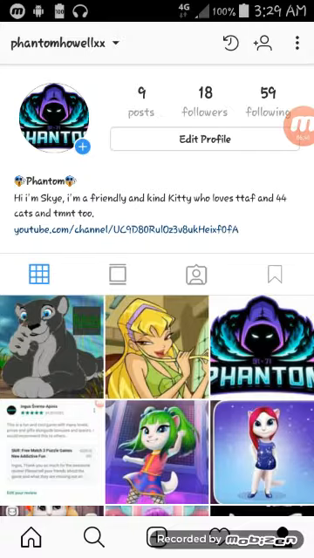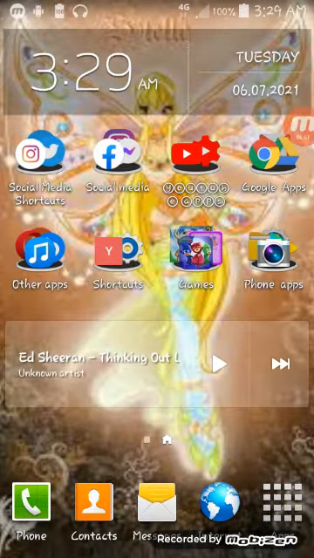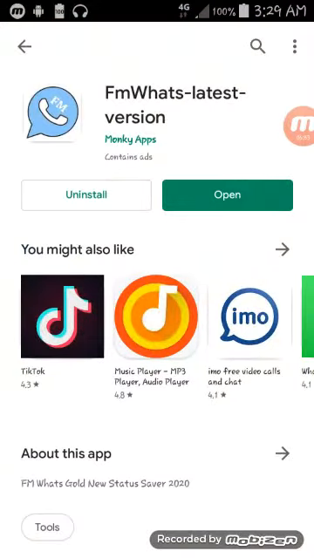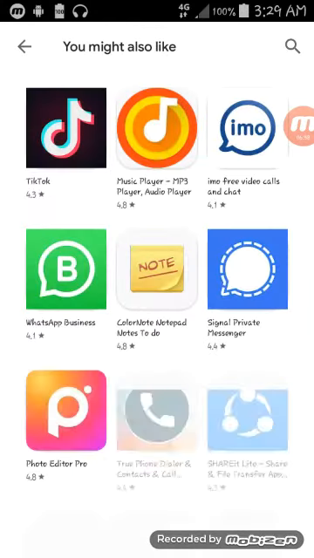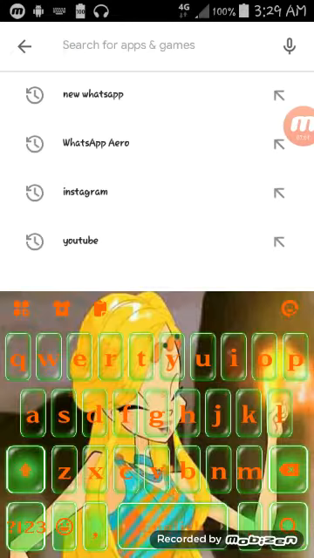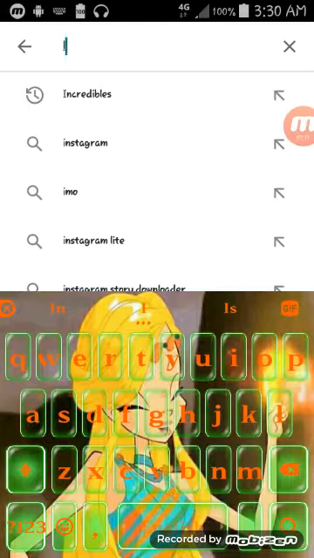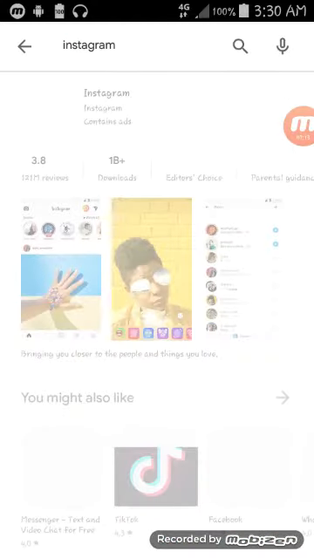Method number 2. You might have an outdated application. So what you want to do is go to Play Store, go to the search bar here, tap the magnifying glass icon, type in Instagram, and open it up here.